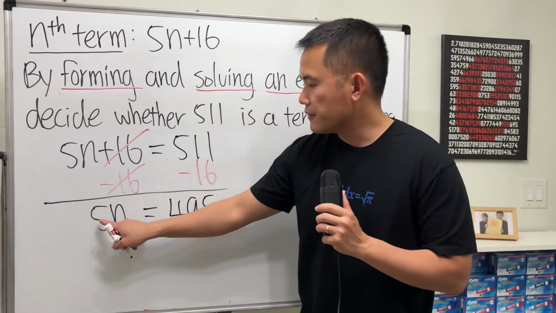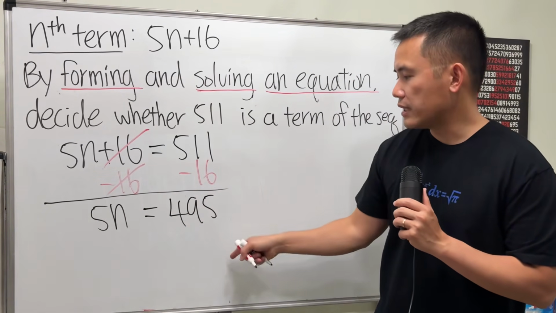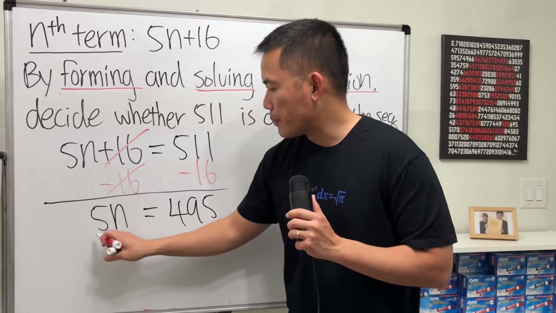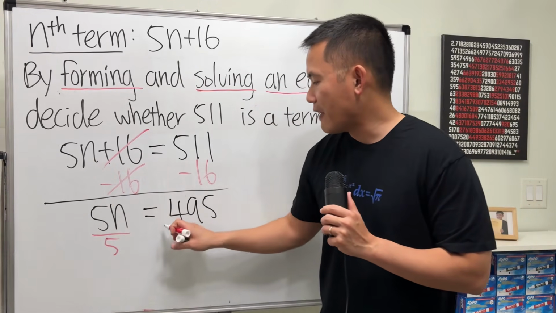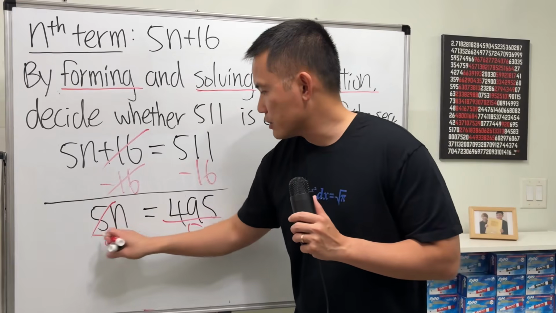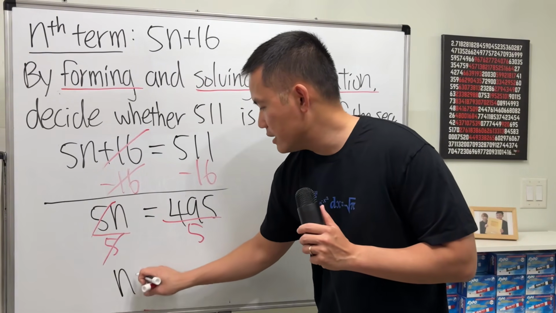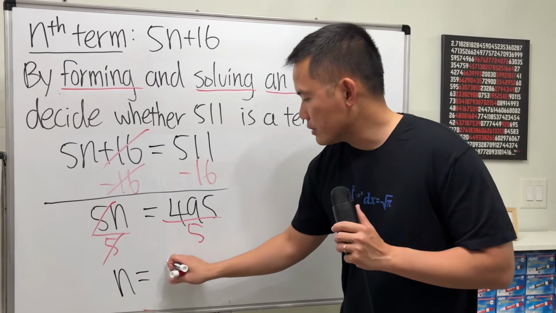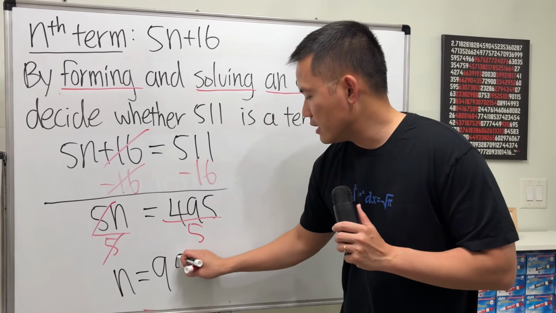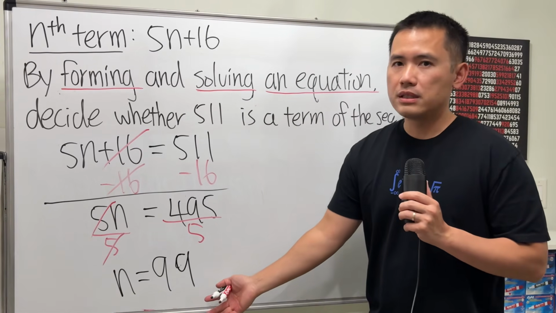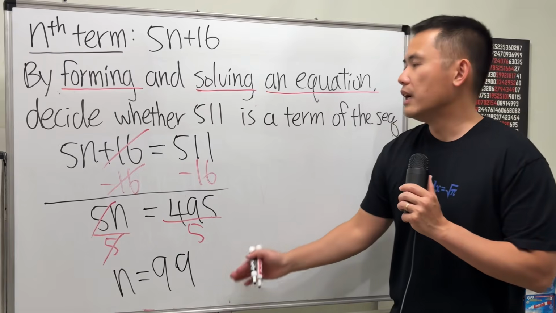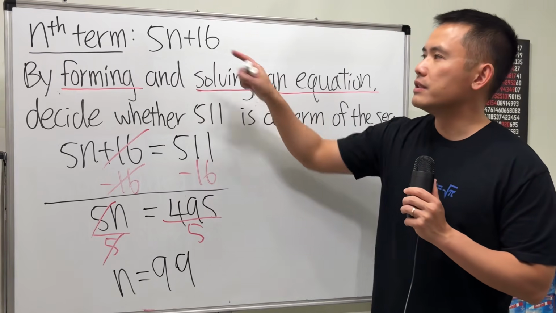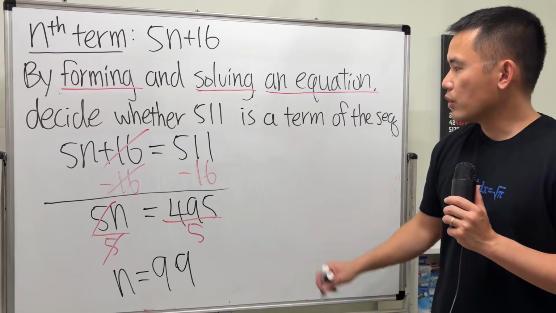And then this is 5n = 495. So do the opposite operation, we divide by 5. Cancel. And then we can see n is equal to, when you work that out, 99, which is a positive whole number. And this is actually the 99th term of this sequence. So the answer is